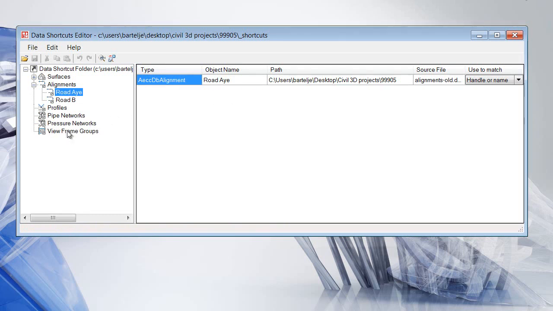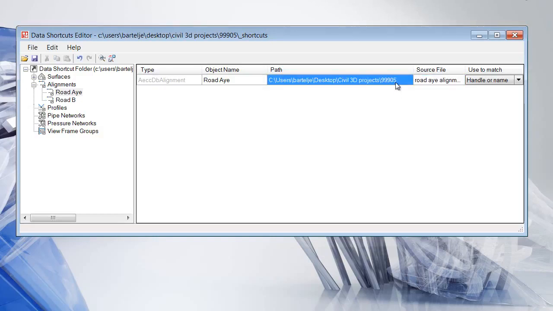This area to the left is a lot like the Prospector tab in Civil 3D. With the Road A alignment selected, we can see the object name. If I ever wanted to rename it, I could do that here. Here's the path to the drawing. Here's the drawing name. I'm going to change that. I'll do that by clicking in the source file area. I'll get access to this text, and I'll call this Road A alignment. And I'll press Enter. I will then click in another field to get access to the Save button right here,